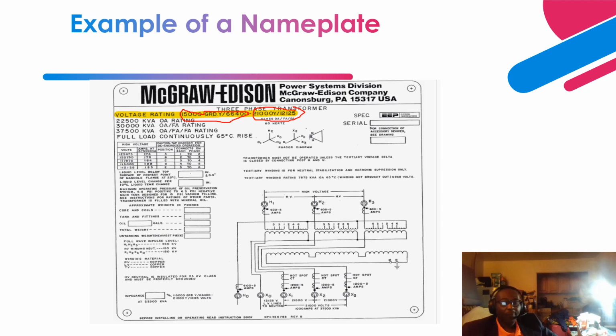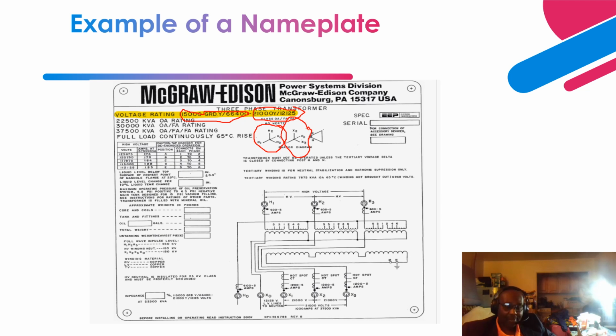Okay, so for the low voltage side, you have a 21 kV transformer that is connected in a Y configuration. The high voltage side is connected in a Y configuration, as you can see over here, right here. This is a Y configuration for the high voltage side, and for the low voltage side, there's a Y configuration and